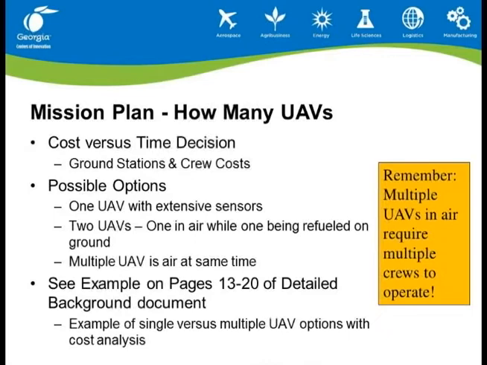So how many UAVs? This is really a cost versus time decision, because when you add UAVs, you're going to add more equipment, more cost to build those UAVs, more ground stations and crews to operate those UAVs. So what are some of the possible options you have here? You could use one UAV with extensive sensors on it, multiple sensors looking out front, back, side to side, so you can cover a lot of area with one UAV. That's going to be a very large UAV, heavy, its endurance is going to be limited because of our 55-pound limit. 2 UAVs. This allows you to keep one UAV in the air at all times while the other is